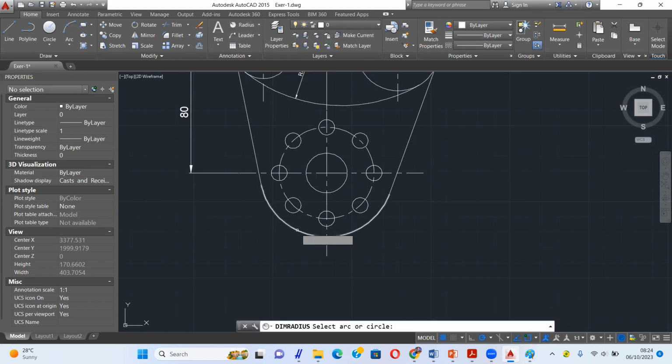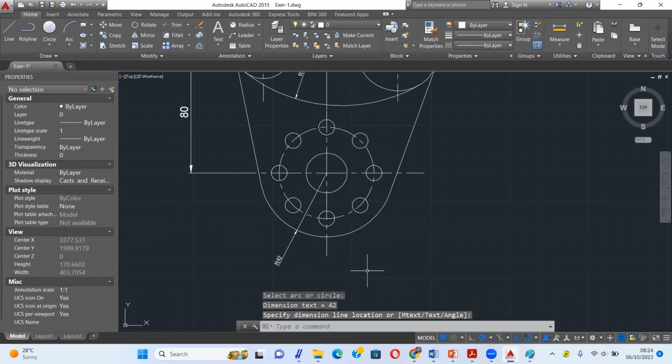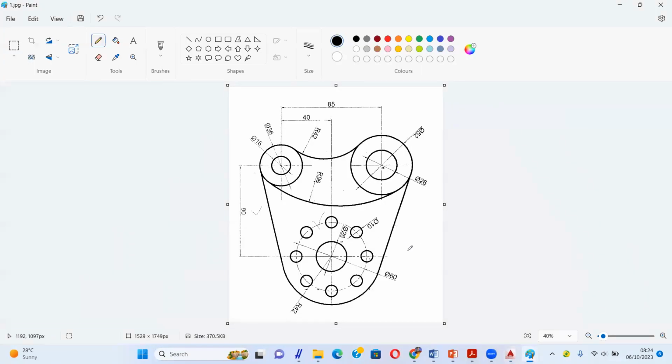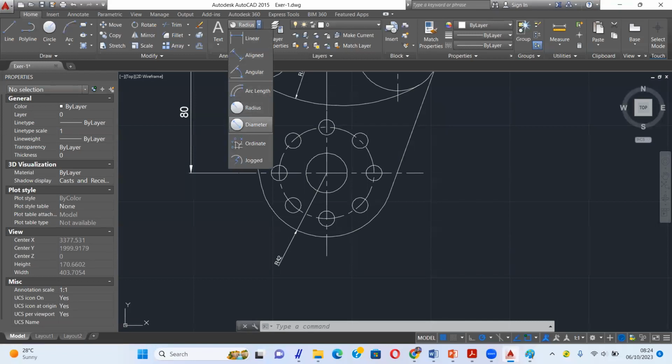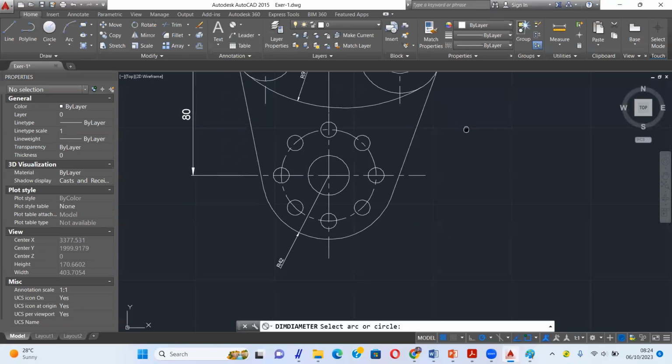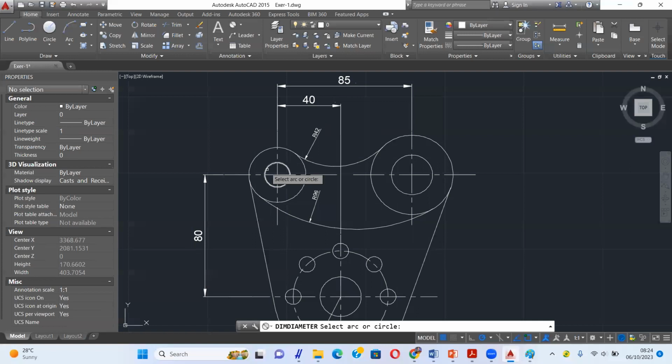Radius. Okay, then diameter. Okay, you can select a diameter. For example, this one, so diameter.